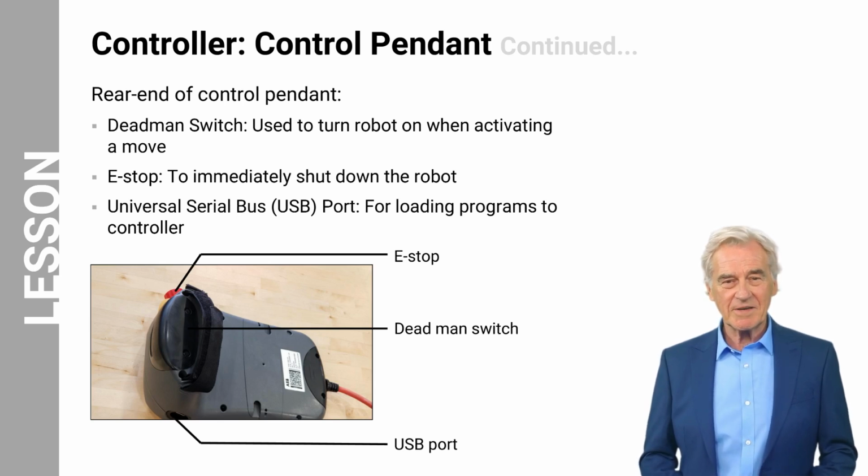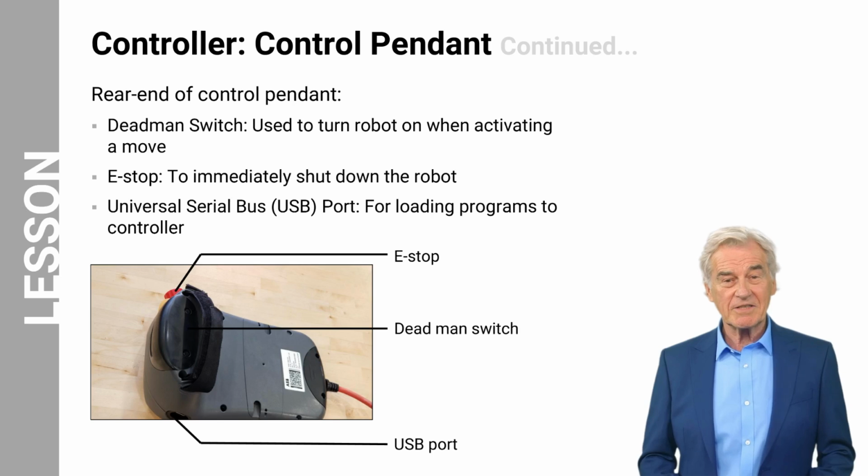One crucial component is the dead man switch. When the operator releases this switch, the robot immediately stops functioning. Power is cut off, and the robot remains stationary. Another element, visible on the front of the pendant, is the e-stop button. This serves a similar safety purpose. If the operator notices an error or problem, they can press the e-stop to immediately shut down the robot and